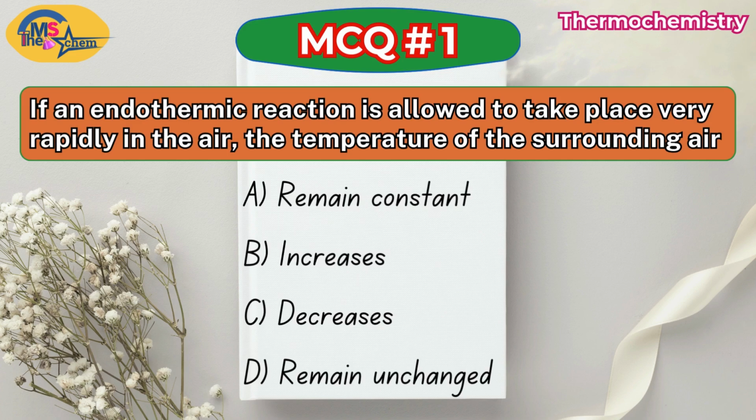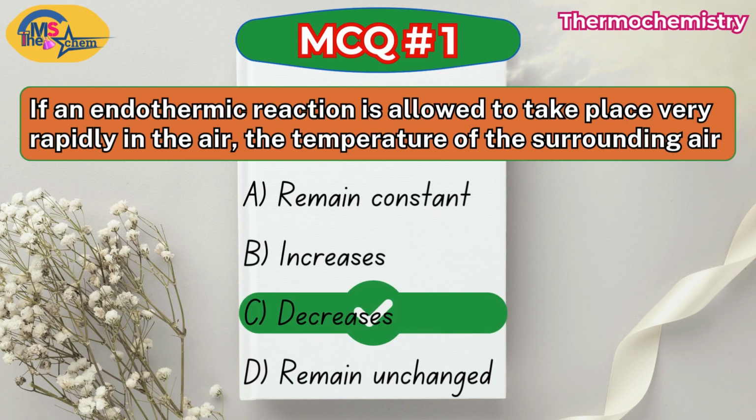So, in an endothermic reaction, heat is absorbed from the surrounding. This means that the reaction takes heat from the surrounding air. So if the reaction happens very fast, it will quickly pull a large amount of heat from the surrounding air. As a result, the air loses heat and its temperature decreases. So the correct answer is option C, decreases, because the air is giving its heat to the reaction, making the